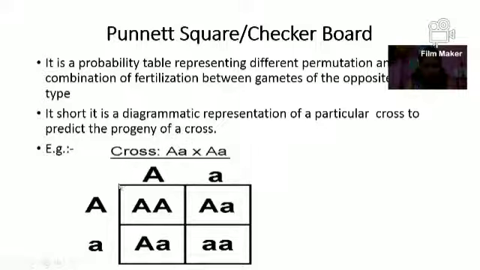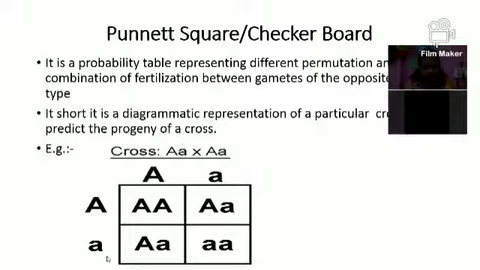So here we are crossing these two different gametes to each other. We have to write down the male gametes like this and female gametes like this, and then we cross the gametes to each other. The first gamete crosses with the first, so here we write capital A, capital A. Then the first gamete crosses with the second, and we write small a and capital A. Then again the second gamete crosses with the first, and we get capital A, small a.